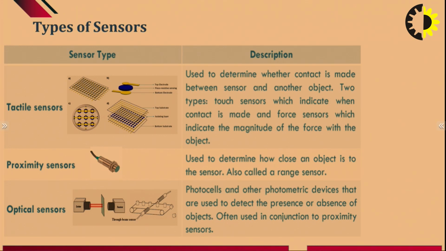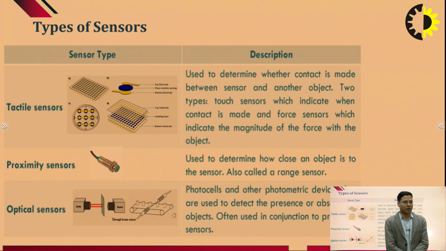The first one is your physical sensors, wherein the sensing is done with physical contact. Let me take an example of measuring weight. The weight cannot be measured unless you stand on, or get in contact with, that particular weighing machine. So when you are in physical contact with a particular device, you term them in the category of physical sensors.